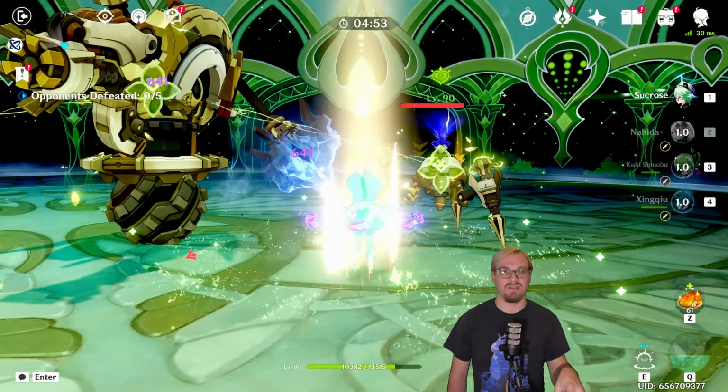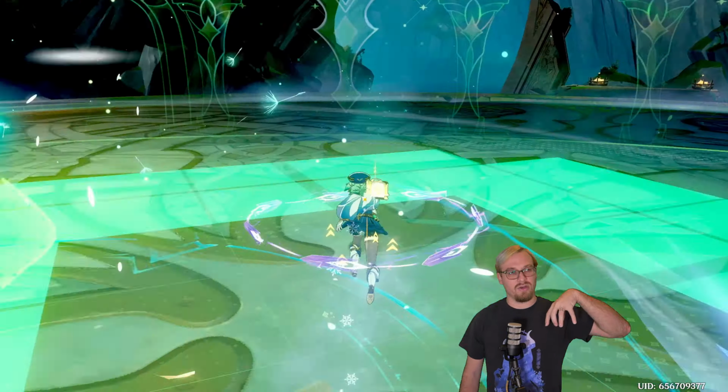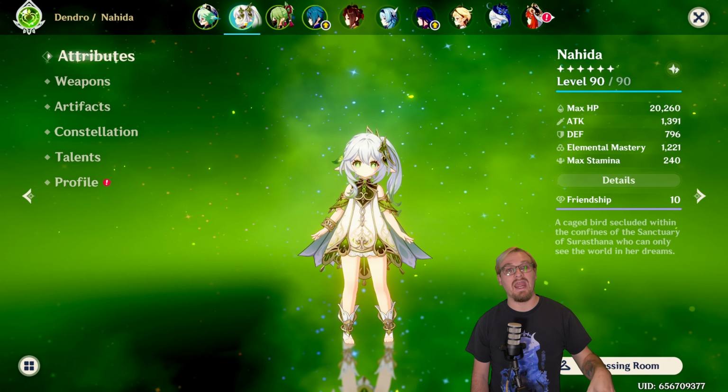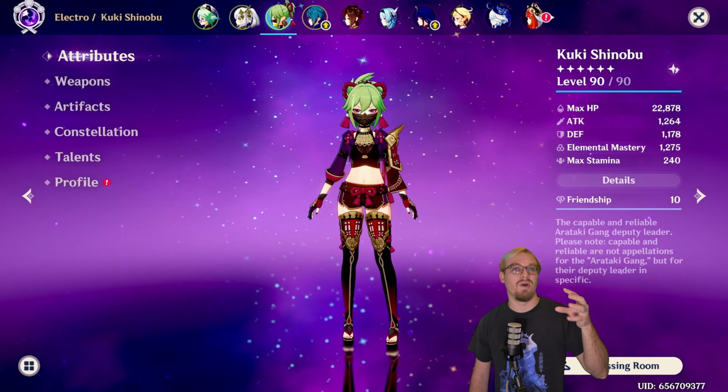What this does is allow Kuki Shinobu to get an increased amount of EM from Nahida's burst and from Sucrose. So we want to bring Kuki on, get her Electro going, and swirl it to give her an extra 50 EM because of Sucrose's passive. Then we drop her burst or her skill to increase the entire team's elemental mastery. Now we want to keep Sucrose on the field